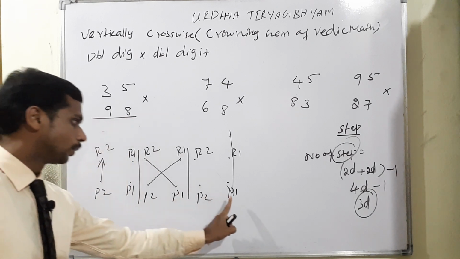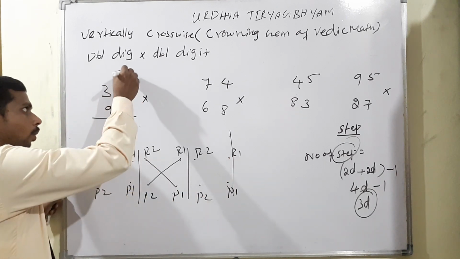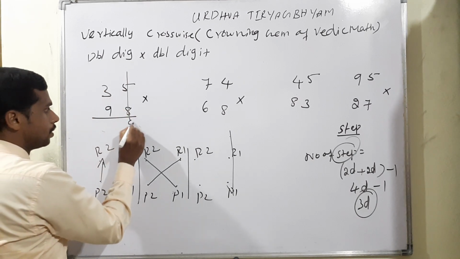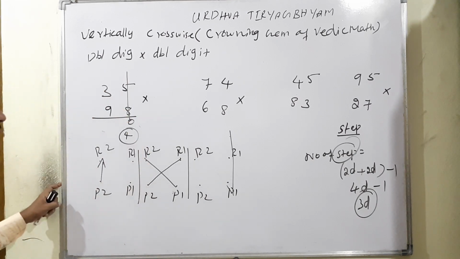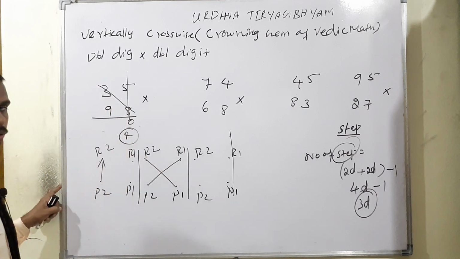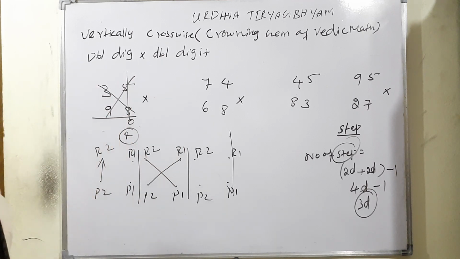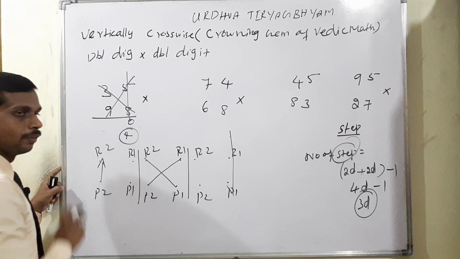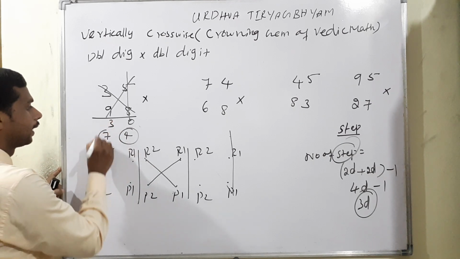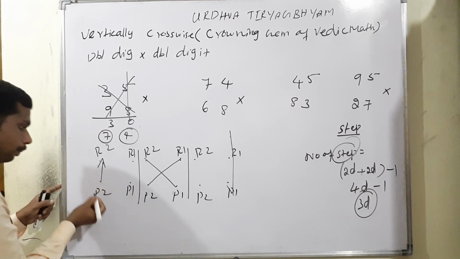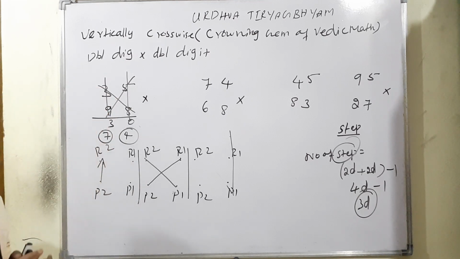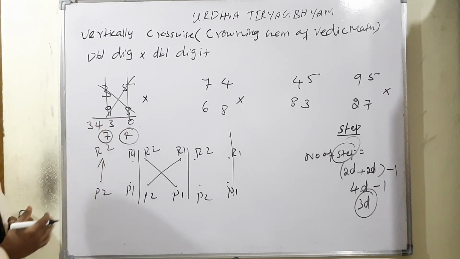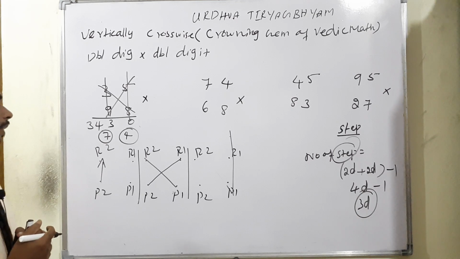Okay, listen, within one line. Person 1 going to room 1: 8 5s are 40, 0, carry 4. The next one, cross: 3 8s are 24, 9 5s are 45. So 24 plus 45 is 69. 69 plus the carry 4 is 73. Therefore 3, again carry 7. Now the person moving to room 2: 9 3s are 27. Already carry 7 is there, therefore 27 plus 7 is equal to 34. Okay, this is your answer. 35 into 98 is equal to 3430 within one line.